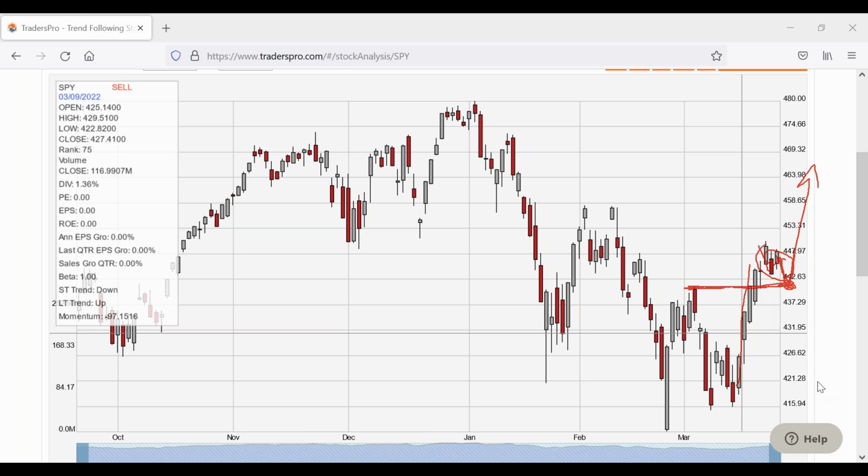I mean, it could easily look like it's sideways and then suddenly just fall apart and come all the way down here. If you look back over here, you can see here was an impulsive move up. It started to move a little bit sideways right here, and then, man, it had another move down before going higher. It doesn't mean that it's always going to move the way those characteristics are,